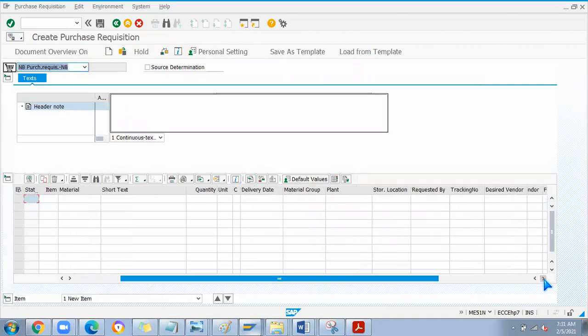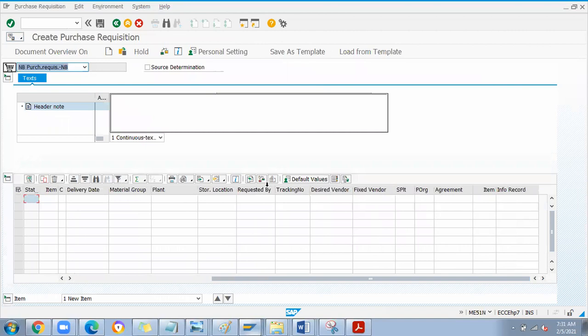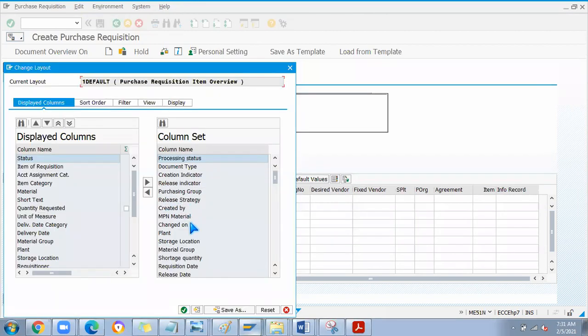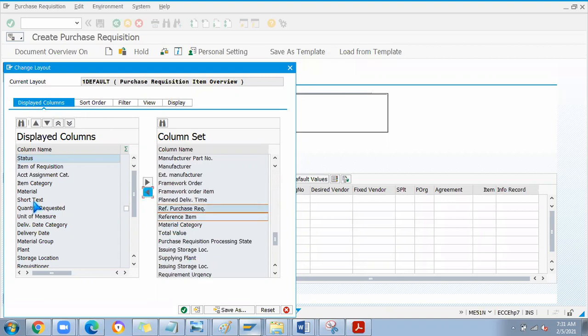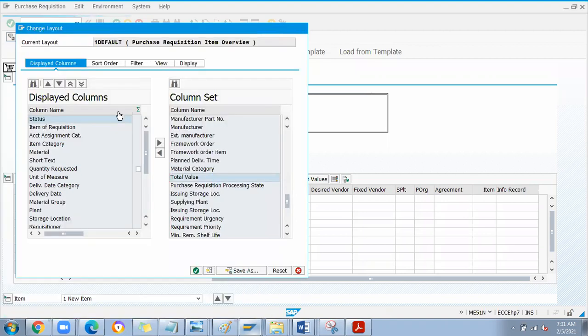So there is an option. Here you have to go to change mode, change layout. I will take the field purchase requisition reference. Purchase requisition, okay, it's here. I'll put this into this layout and I'm going to save it. Save as.